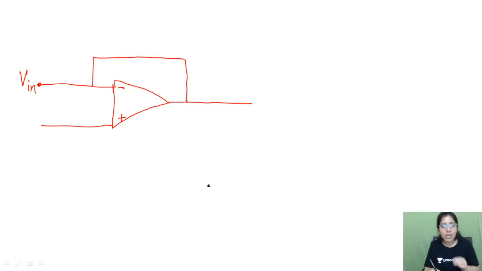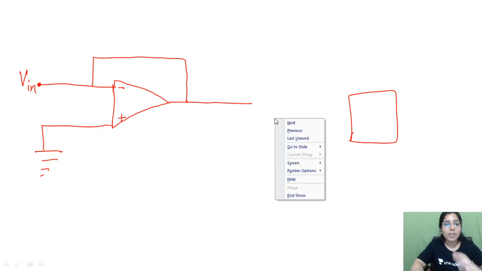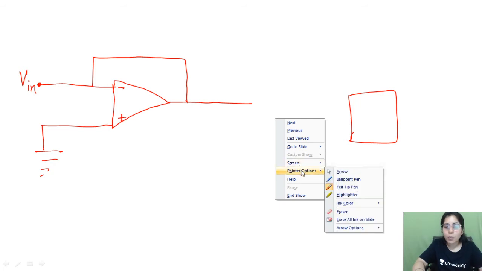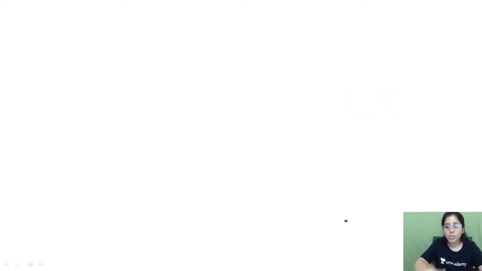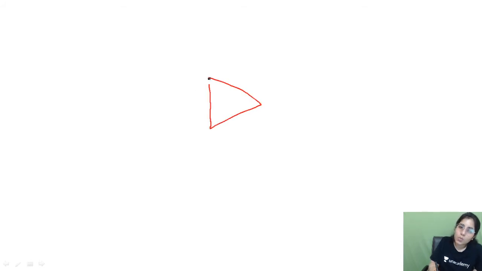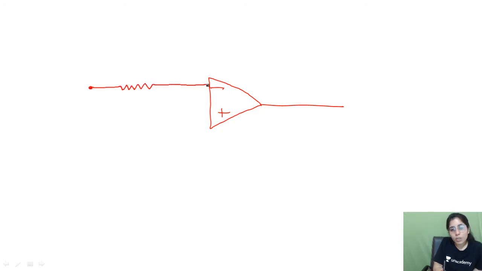Clear? It is just a normal circuit, not exactly a block diagram, because a block diagram would have more to it. But if I make it in the proper manner, it should be like this. Let me put the resistance in between as well, like an accurate circuit. See, negative input terminal, positive input terminal. The input we are providing towards the negative input terminal side, while the positive input terminal we are grounding.